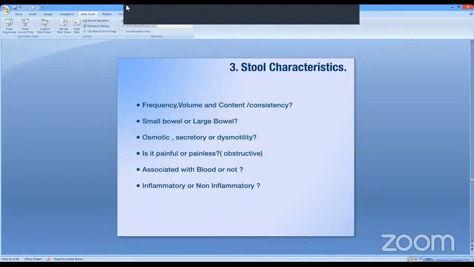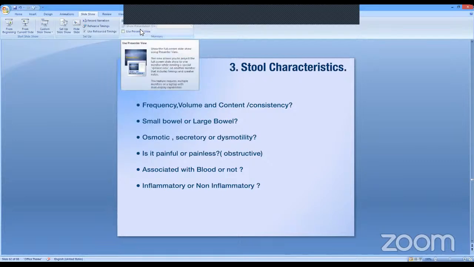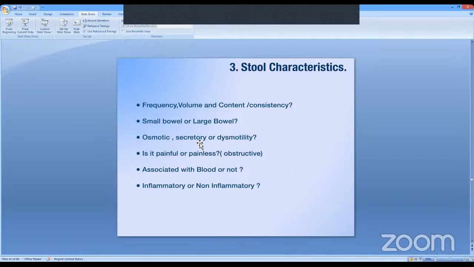Now another important, the most important, is the stool characteristics. You ask frequency, volume, and content or consistency. Then you differentiate small bowel or large bowel. Then you differentiate osmotic, secretory and dysmotility. Then you see whether it is painful or painless, associated with blood or not, inflammatory and non-inflammatory. So these six points are very important if we want to approach a case or reach a diagnosis. With this, we can narrow down, because there are innumerable causes of chronic diarrhea and malabsorption. If we take the history in detail, we can narrow down